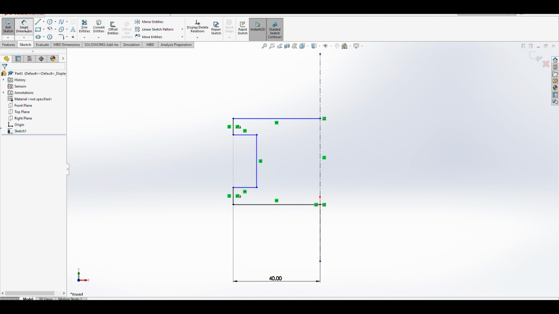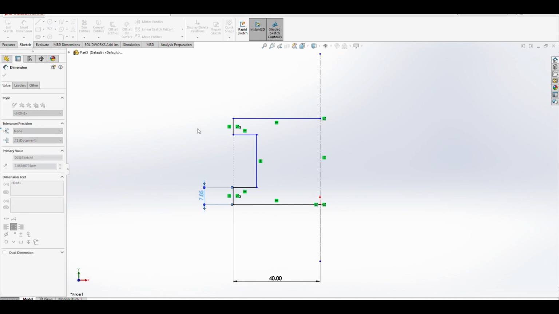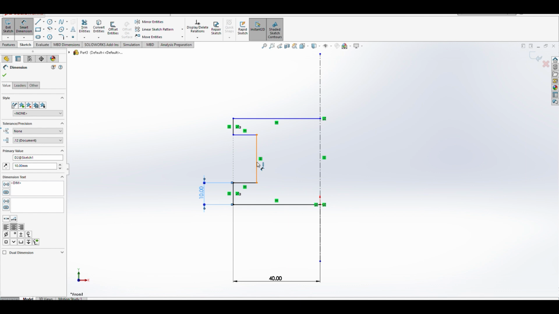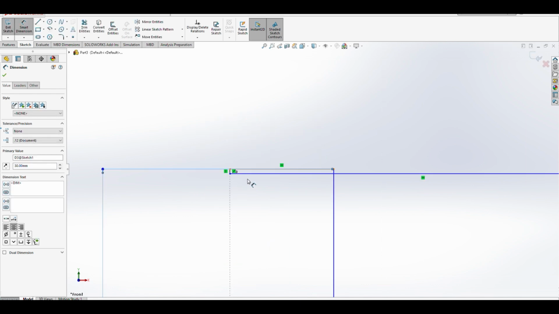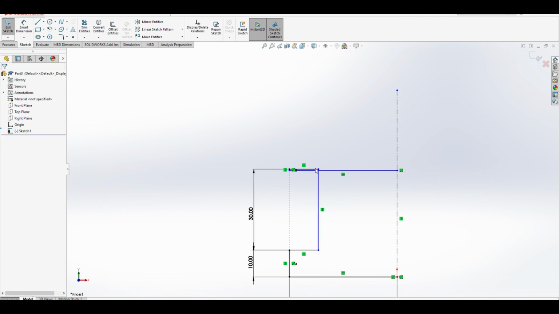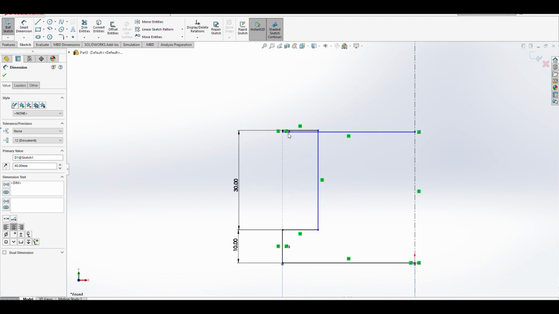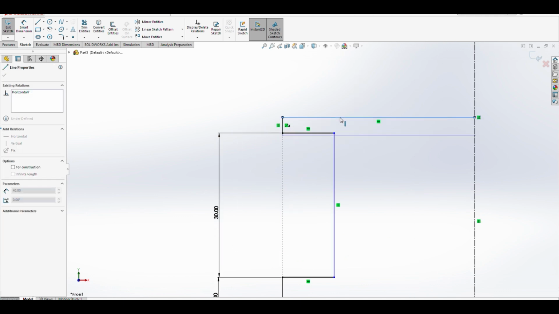So I'm going to go ahead and smart dimension my next set of lines, and that is, this one is at 10. Okay, so a little change right there. This one comes out to 30. Uh-oh, what do we have going on here? I'm going to hit double escape. Now you have a lot more of this if you don't dimension the first line. Okay, but since we did dimension the first line, this is going to be a fairly easy fix. It's only one line that we can push up like that. Okay, now